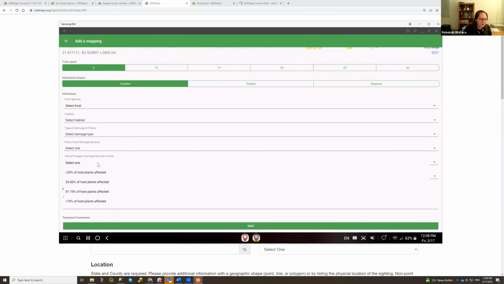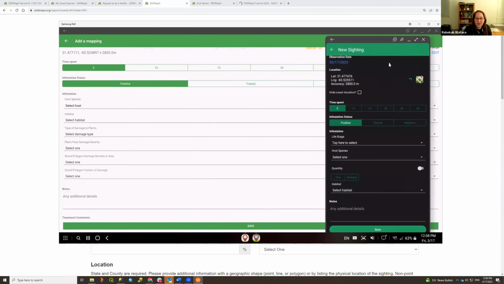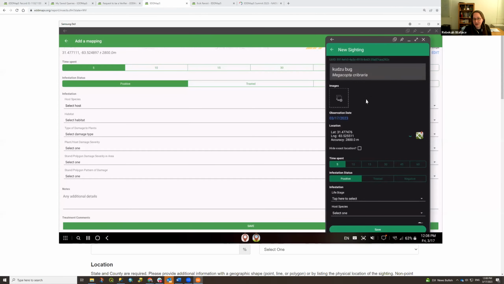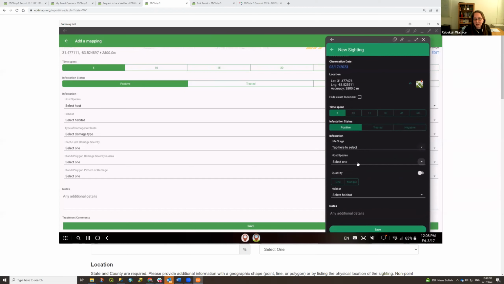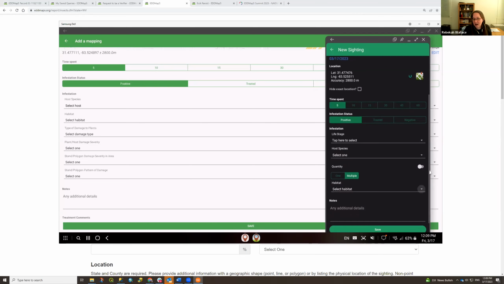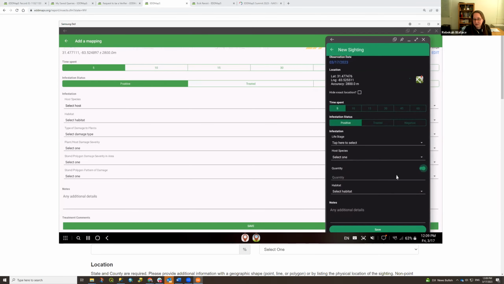It's a little different in here, but compared to the EDDMapS app itself, we still have kudzu bug. We can say what the host species was again. Did I see one? Did I see many? Did I see exactly 5? I saw exactly 5.